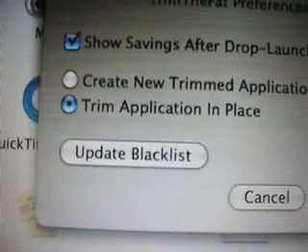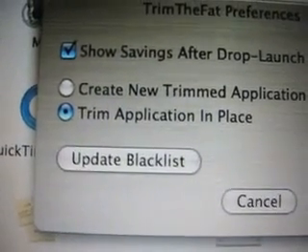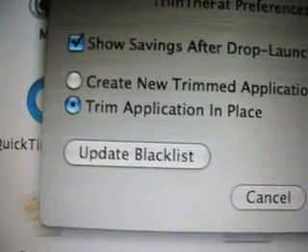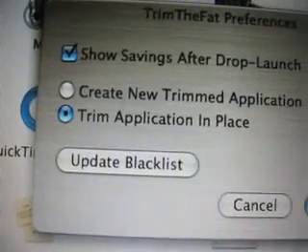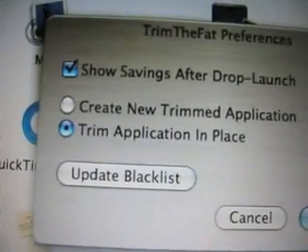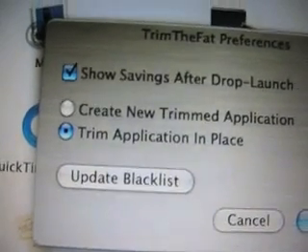So that means in my case it'll strip out the PowerPC code, and it won't create a backup. Now if you're spending $1,000 on Photoshop or $1,200 on Final Cut Studio, you know, sometimes they might throw in a